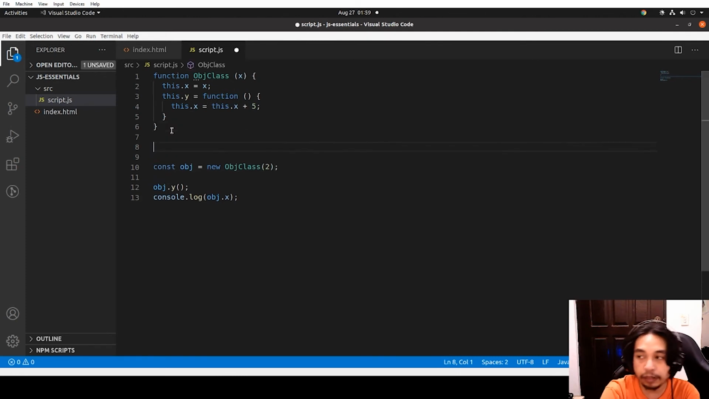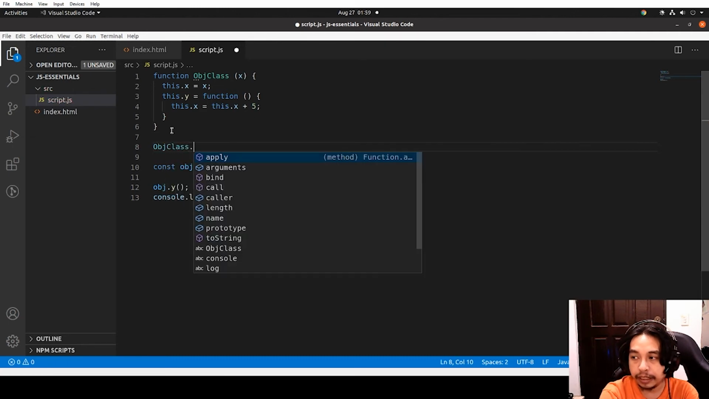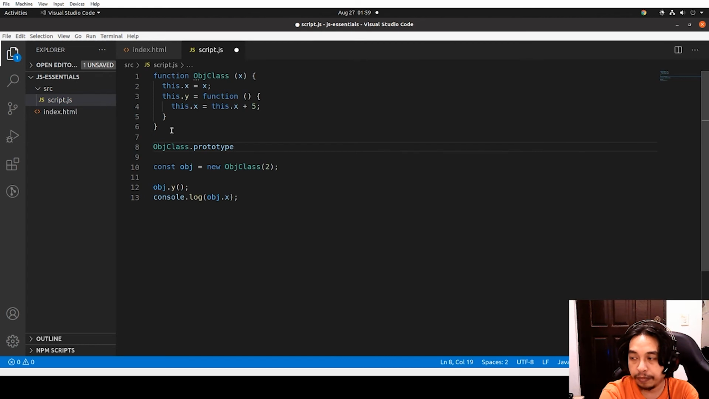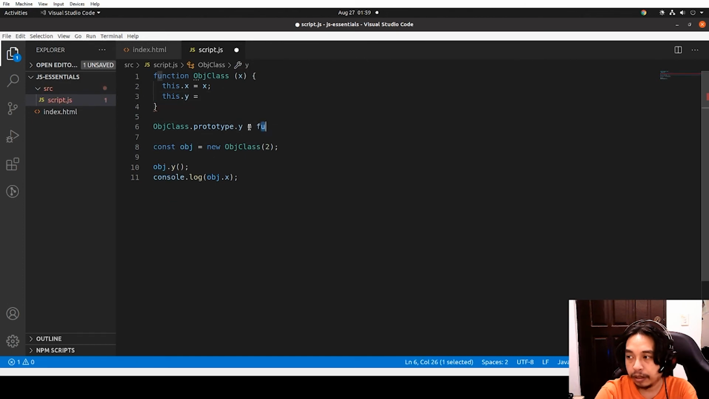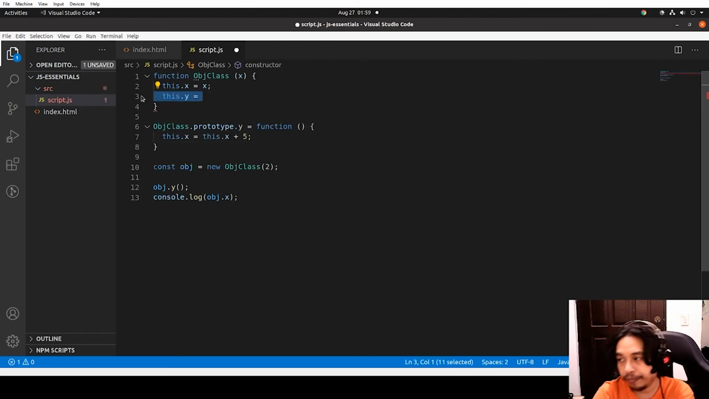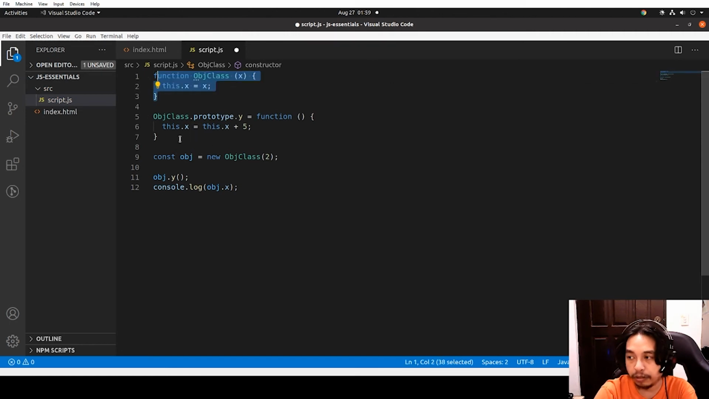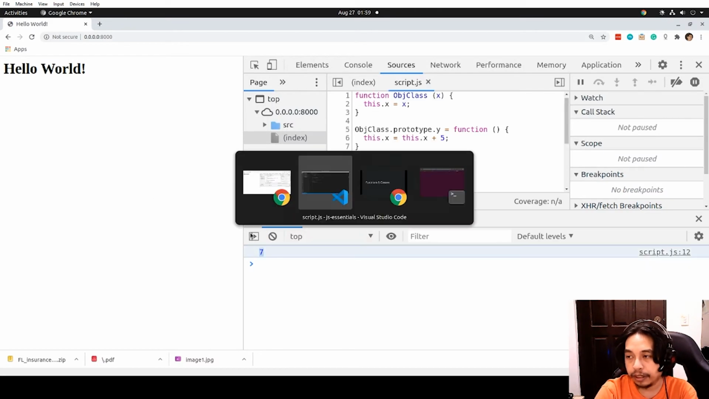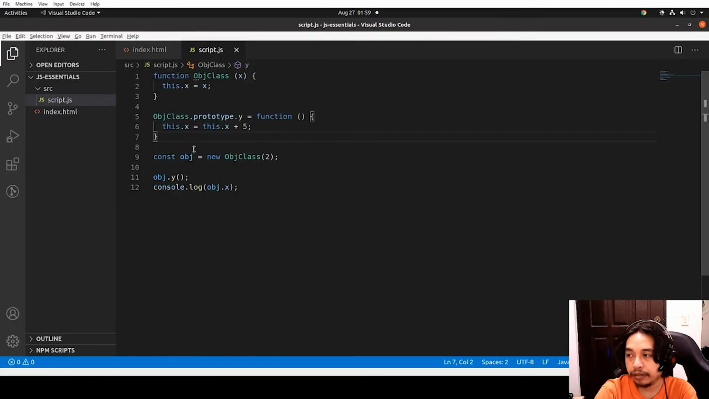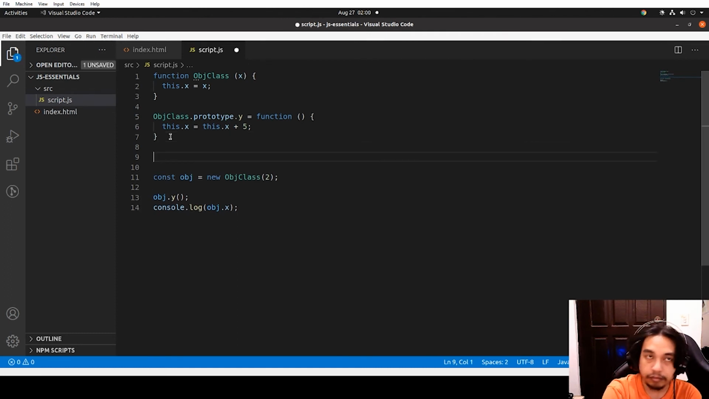And if you are using the old way of creating a class, the other is objClass.prototype.y equals that same function. So this becomes a constructor only, and this is how you define a function. Again, it will return the same value. Now this is how you did classes in years before,